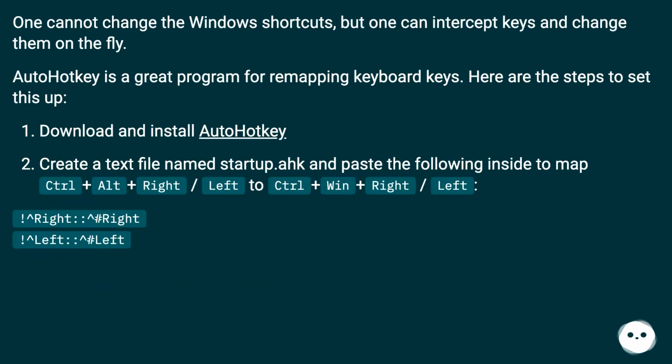AutoHotkey is a great program for remapping keyboard keys. Here are the steps to set this up. Download and install AutoHotkey. Create a text file named startup.ahk and paste the following inside to map